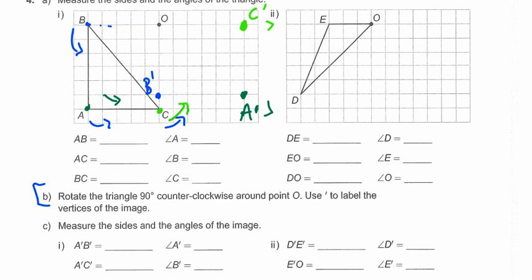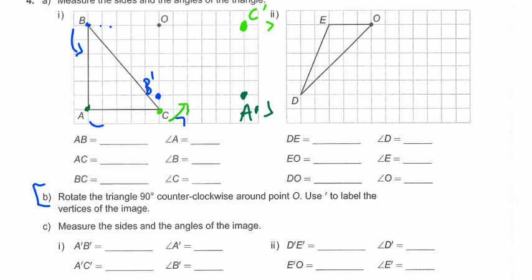So now that I've got my 3 points drawn in there, you can feel free to erase parts of that if you want. But the point is I've got my 3 points drawn in. I'm going to choose another color here, and let's go with this. And again, you would be using a ruler, but basically now you just connect the points. So B prime to C prime, C prime to A prime, and A prime to B prime. Again, if I had a ruler, I would do this much more accurately. Okay? So we have now rotated this whole shape 90 degrees